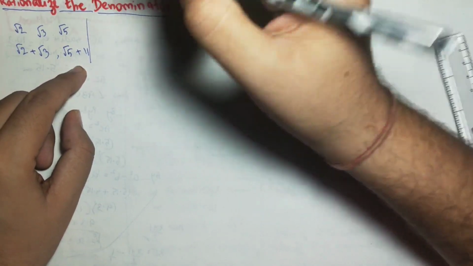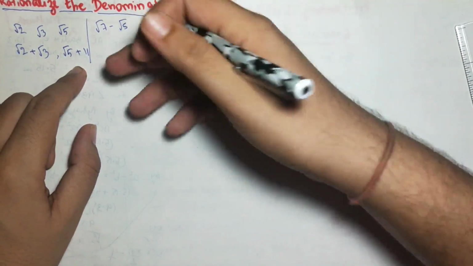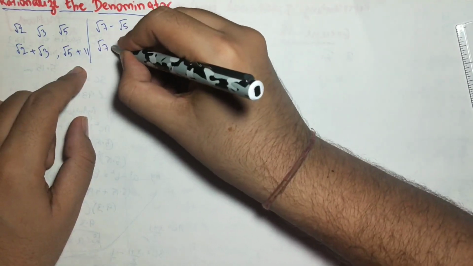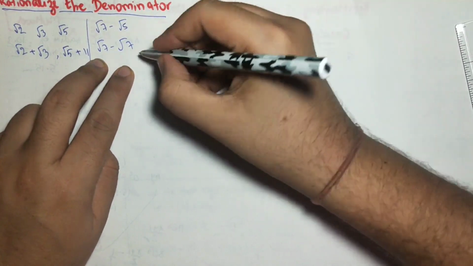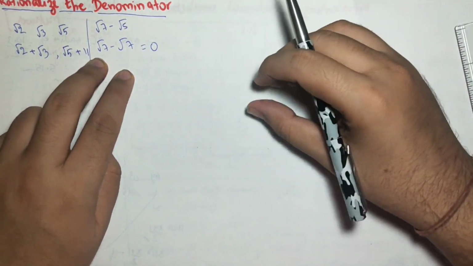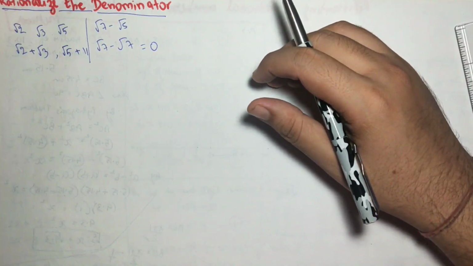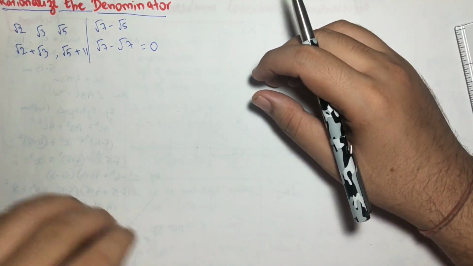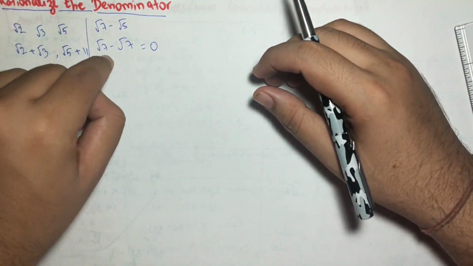How could it be rational? Suppose I tell you root 7 minus root 5, you cannot subtract them, it will remain irrational. But what about root 7 minus root 7? Two irrational numbers are getting subtracted, the answer is 0, which is a rational number. So in subtraction, if two irrational numbers are subtracted, the answer may be rational or irrational. Okay, one more thing which is left.